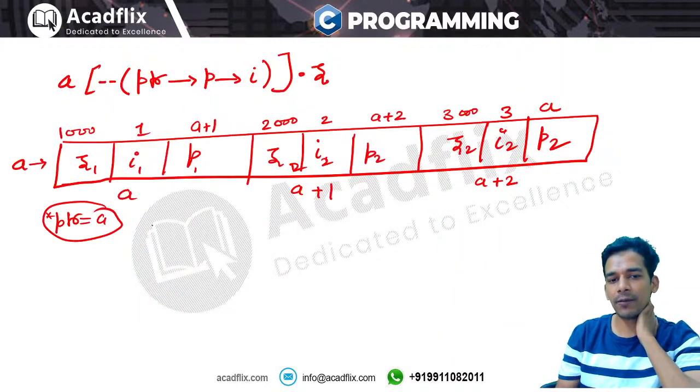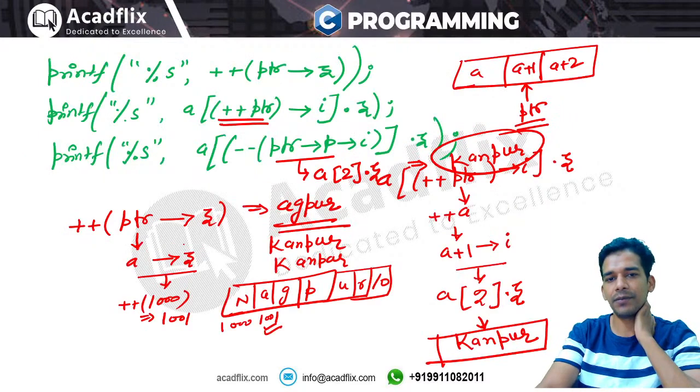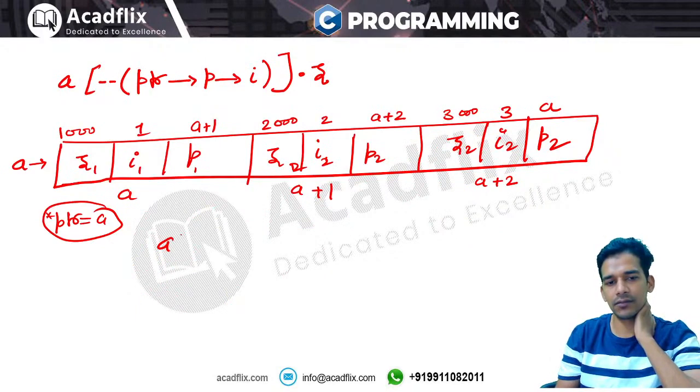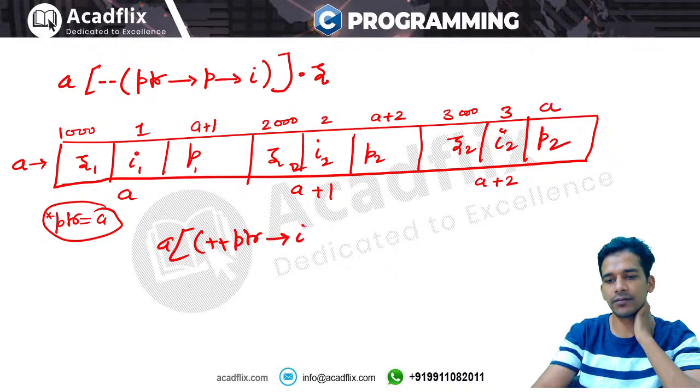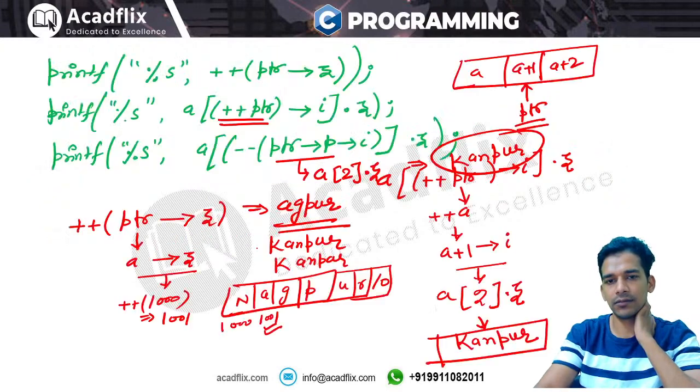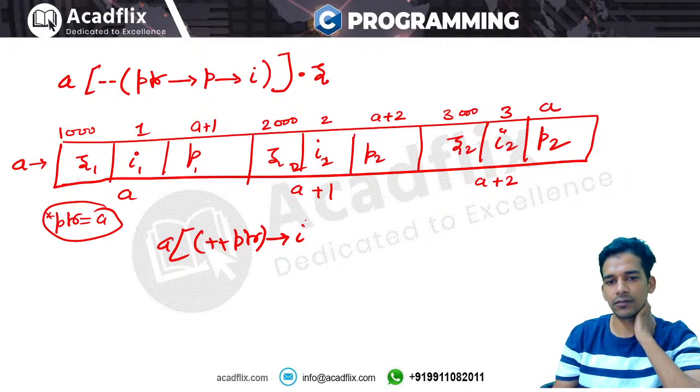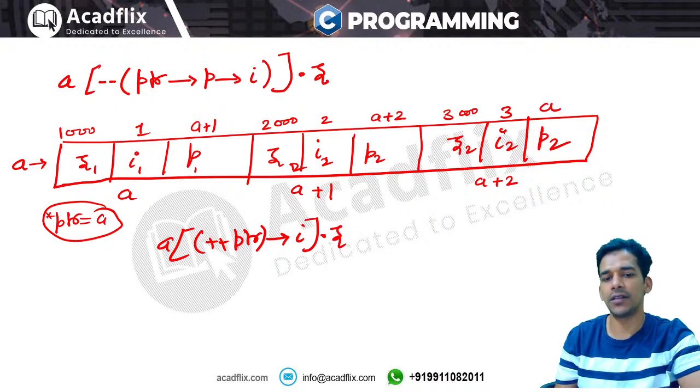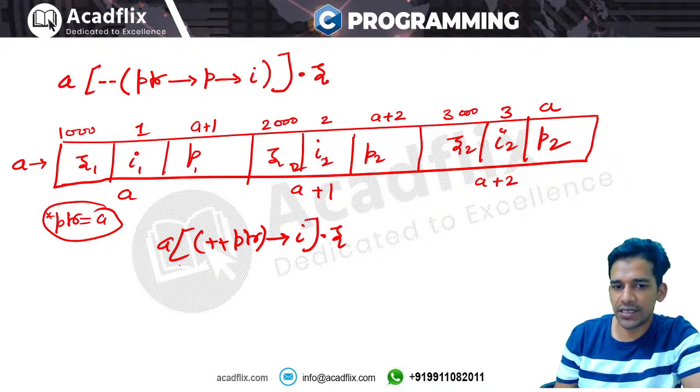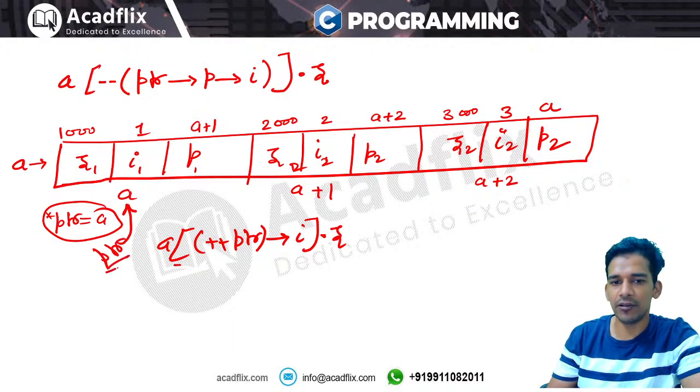So when you said, मैं एक बार आपको सेकंड वाला बताता हूँ. When you said plus plus ptr->i, when you said plus plus ptr->i .z, ओके, इसका मतलब क्या था? तो आप सबसे पहले जो सबसे हाईएस्ट प्रेसिडेंस है वो पहले करोगे. ये will say plus plus ptr. plus plus ptr का मतलब क्या है कि पहले ptr यहाँ पर था, है ना. आपने इनिशियलाइज़ किया था ptr को a के साथ में. अब जो आपने plus plus किया तो ptr यहाँ पर पहुँच गया.